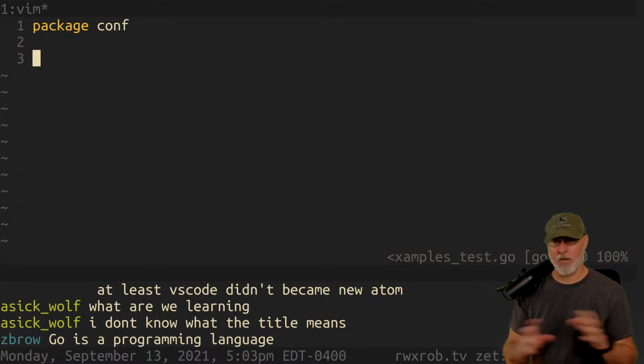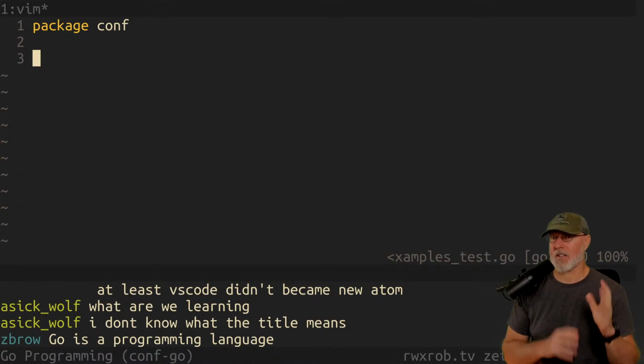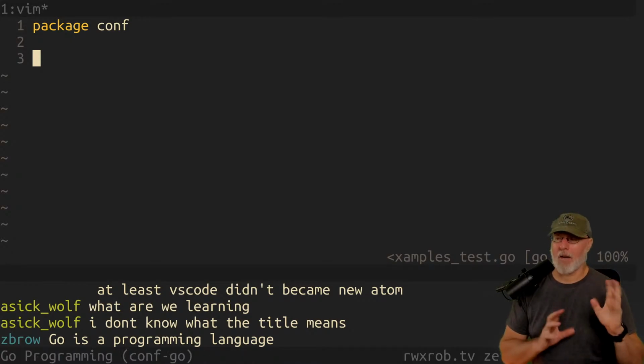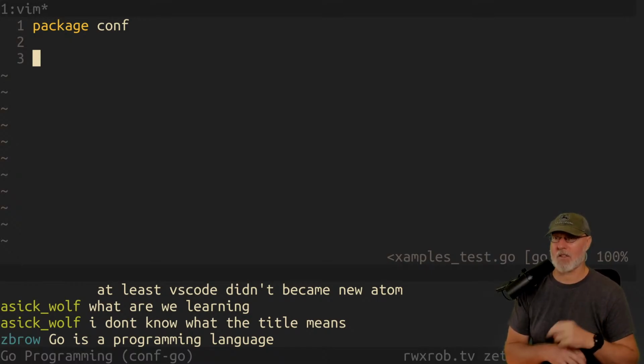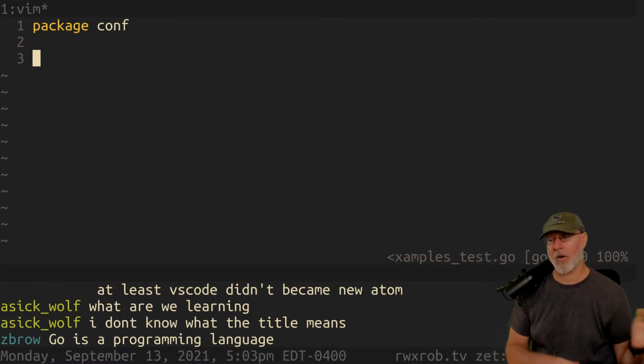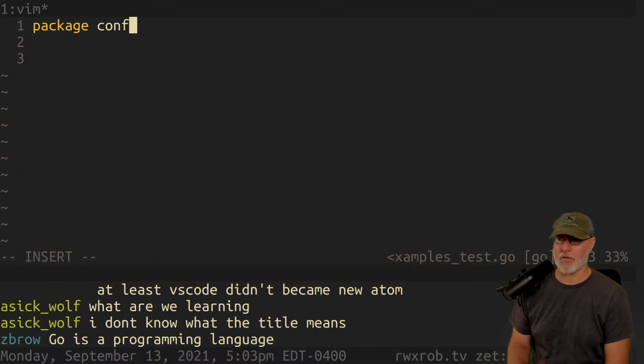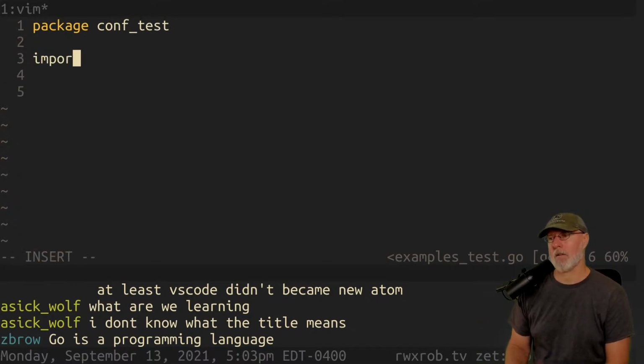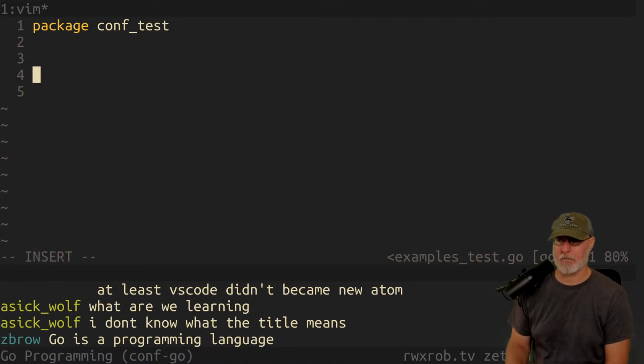That's all good. But if you have a couple of files in there, for tests for example, and you want to say, okay, this file here, sure, I want it to be included in the module and everything, but I want the code in it to pretend like it's written someplace else, and has no idea that it's a part of this package inside of this directory. So we put underscore test. So then we do import. I could import a bunch of stuff. I'm not going to import anything right now. I'm just going to use the standard library.